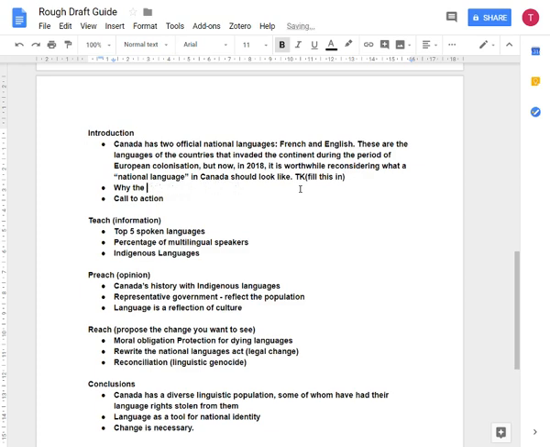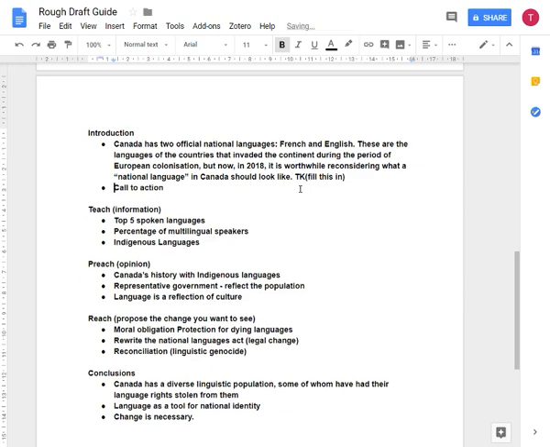The reason I use TK is because there aren't any words that have T and K beside each other, so if I press Control F and I search for TK, I can find it in my document. That's a tool for me. It might be useful for you too if you do that. So I don't know what that sentence is going to be, but I know that it's going to lead into my call to action, and my call to action is going to be